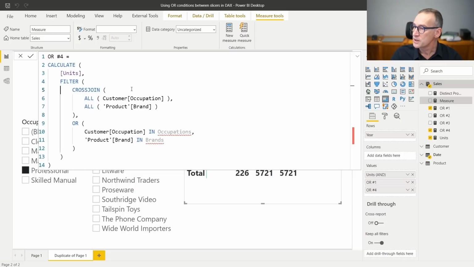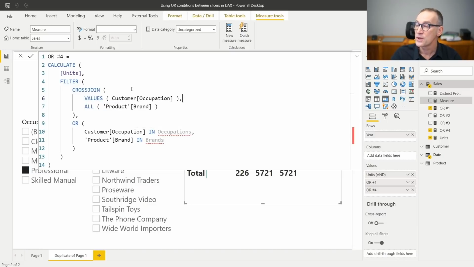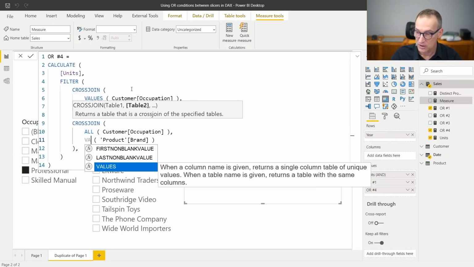And what we need to do is cross-join not all customer occupation, but values of customer occupation. This is our occupation that was professional, cross-join with all the brands. Then we compute the cross join of all the occupation with the values of the brand.